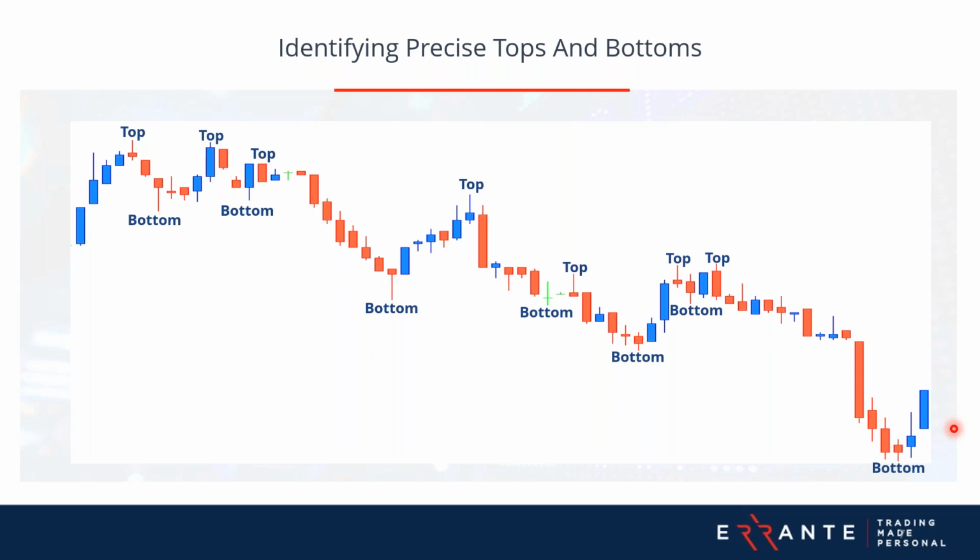When you have an uptrend and you want to trade in favor of the general market direction, you need to look for a buying opportunity, or you want to open a buy position. So this is the way that traders can use these identifiers in real time to make informed decisions about entry and exit points. By recognizing these tops and bottoms as they develop, traders can better anticipate market turns and